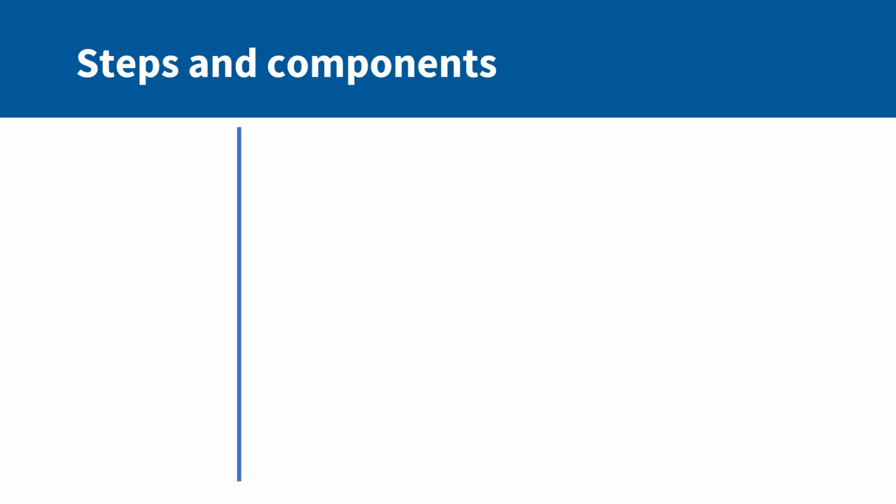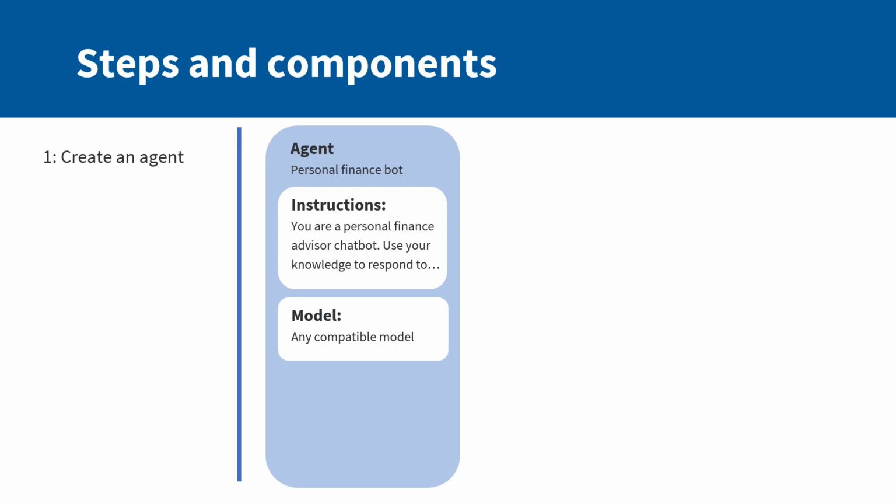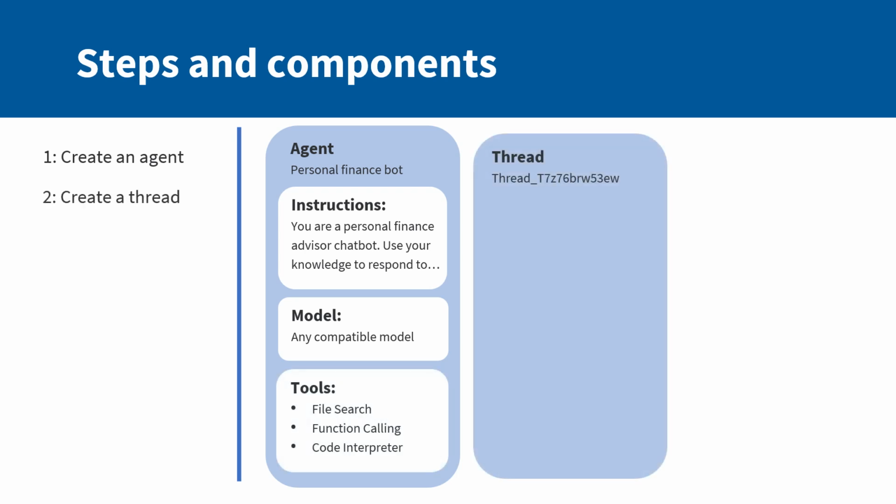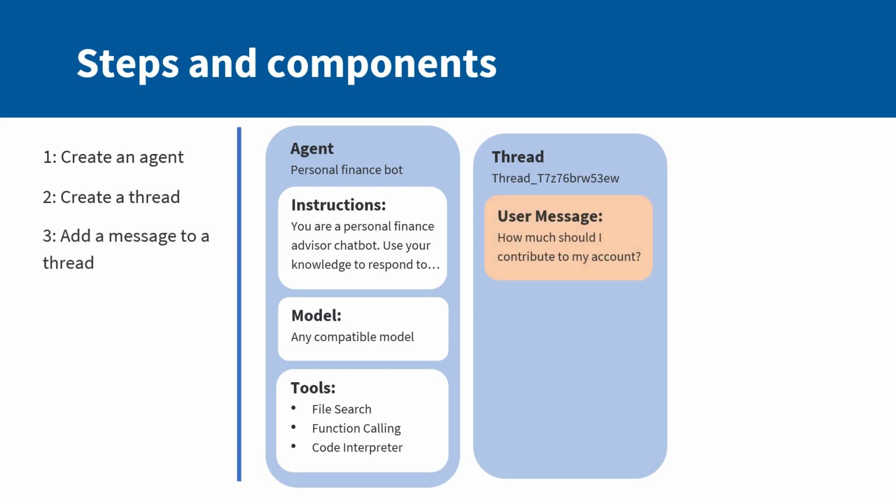So going back to the steps and components, we create our agent, we provide instructions, and we provide a model. We optionally provide tools. And then we create a thread manually. And what is this thread? In general, this thread ensures that the conversation history is maintained and managed automatically. This thread will contain all of your messages, all the user inputs, and all the system responses. Messages can be sent by both the user and the agent, and can include text, images, and other files, providing a rich interaction experience.